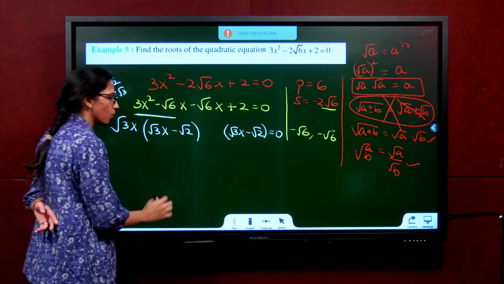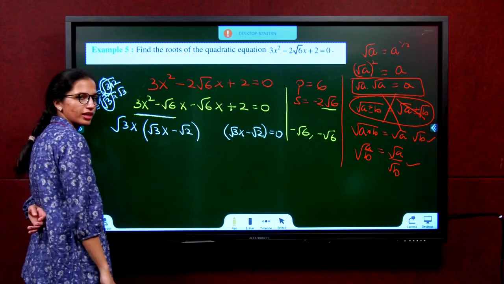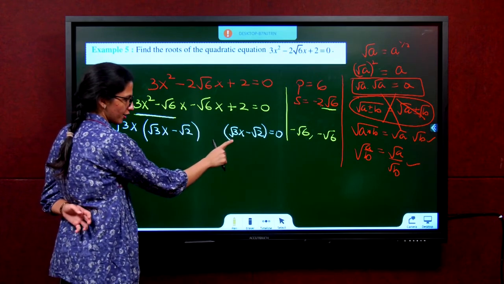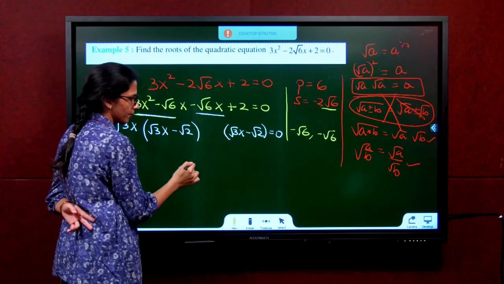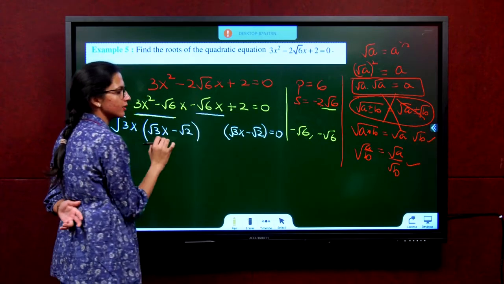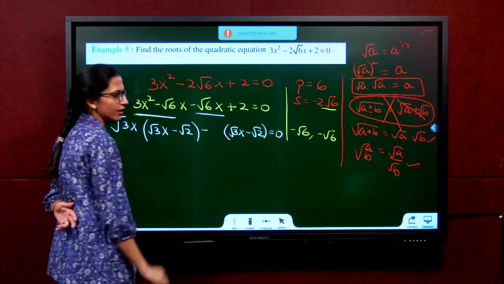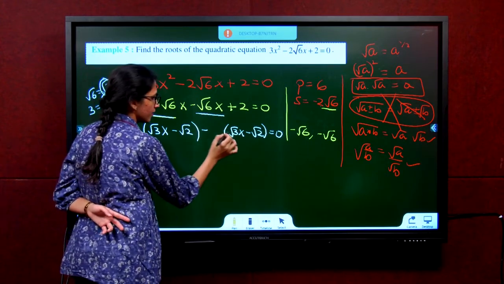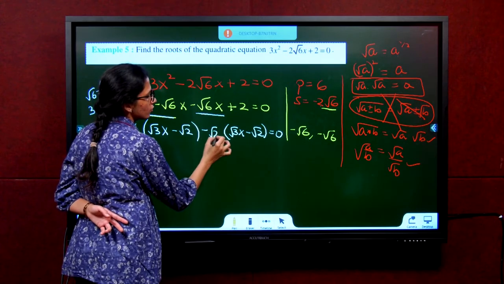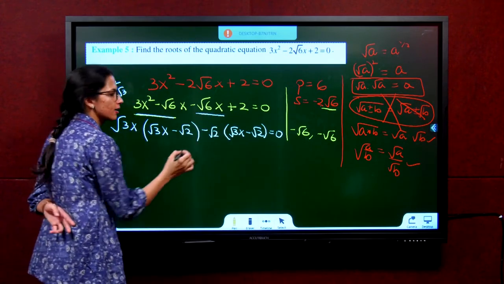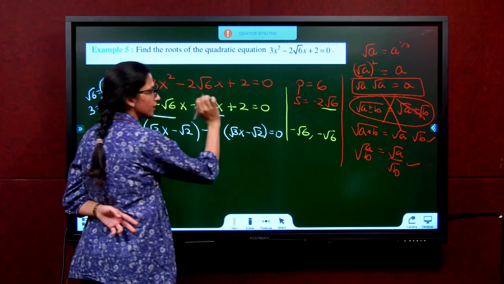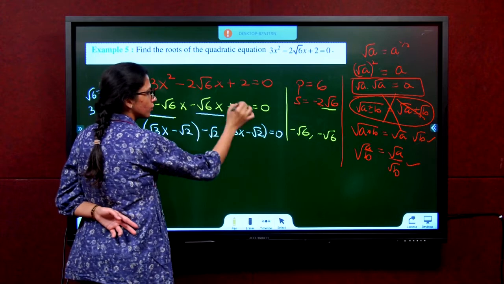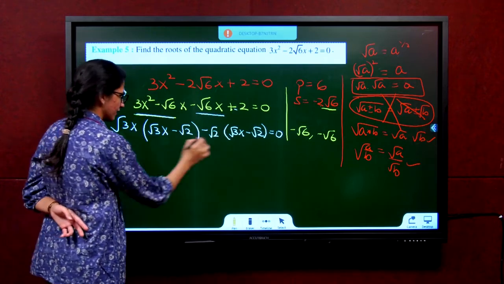Now fill it up. What should you put here such that you get root 3x? See, root 3x is already there. You have to get this particular number. What should you put here so you get minus root x? First of all, negative sign is there, so negative. This into what will give root 6? What number into root 3 will give root 6? Root 2 into root 3, root 6. Root 2 into root 2 plus 2. See, minus into minus plus, satisfied. Root 2 into root 2 plus 2, satisfied. Did you get the same terms?